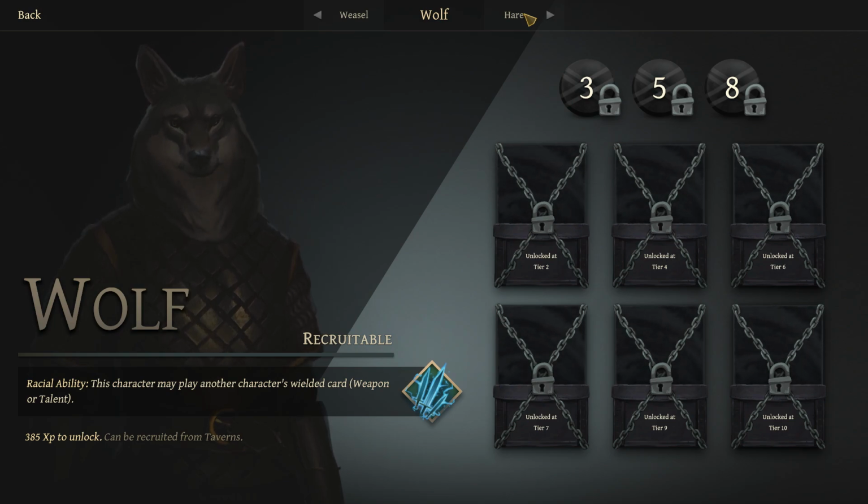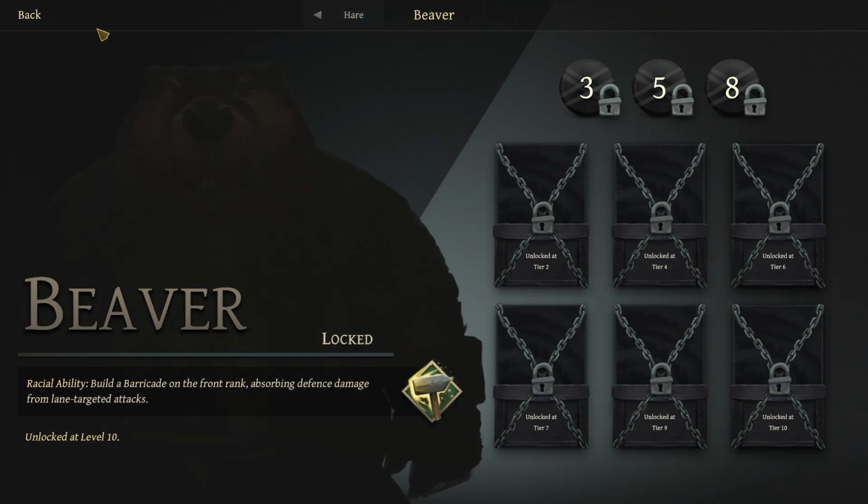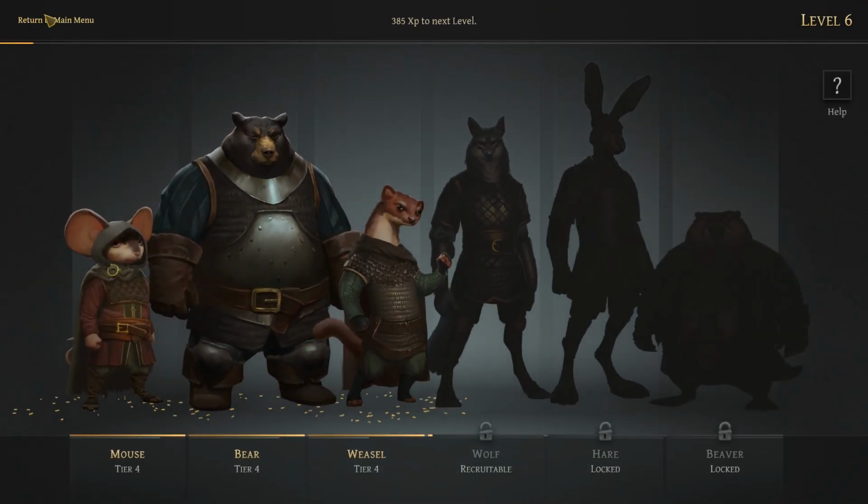So we need another 385 XP to unlock. I feel like these unlock a little bit slowly. Given... I know that basically I'm saying you want me to complete 2 runs before having most of the factions unlocked, but also, each run is like 6 hours long, so...